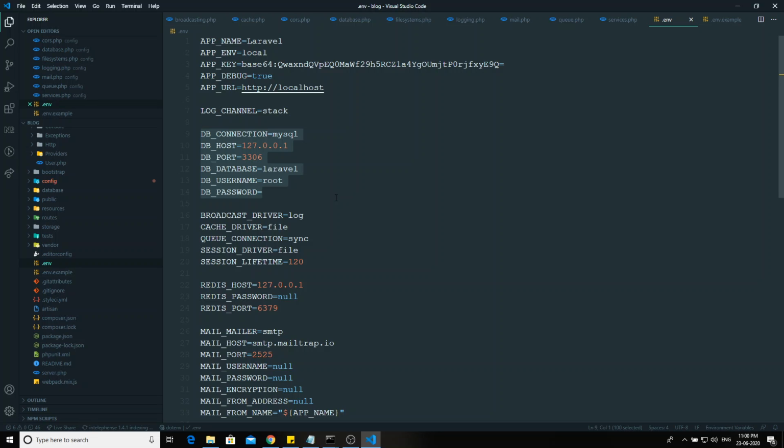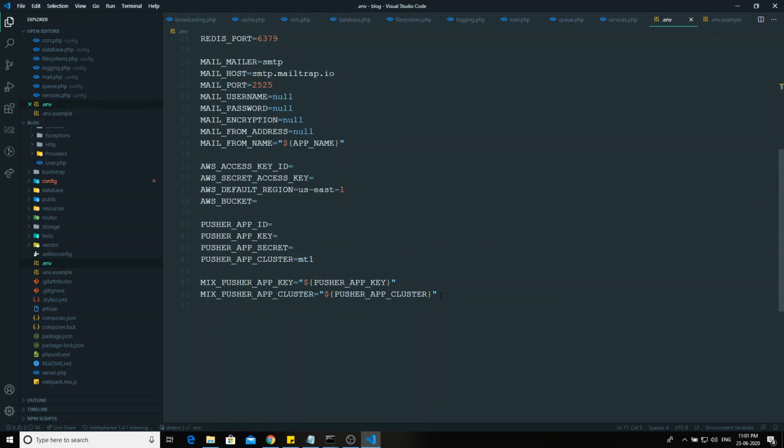Also, for example, if you are developing in a team, whatever the names are, things like DB connection, DB host, DB port, these are all the things. Tomorrow if I want to add anything, for example a Stripe key, I have the information, the Stripe key, here. This information is responsible for that one. Tomorrow you are not committing this one in git, so when anybody takes the update, an error will be thrown.